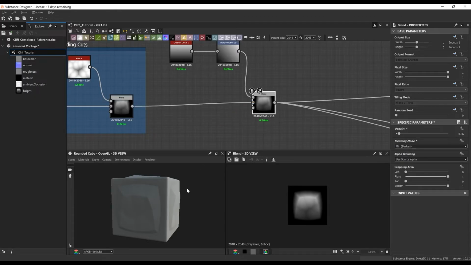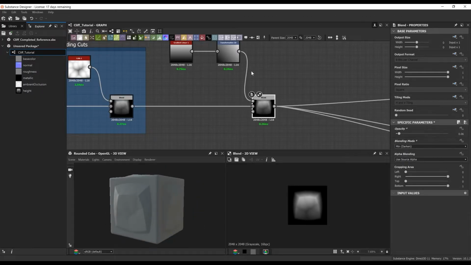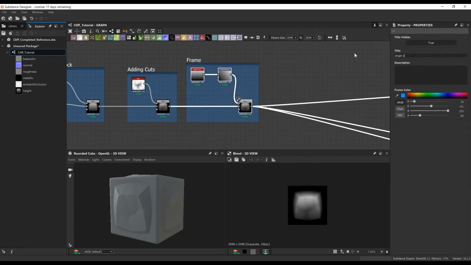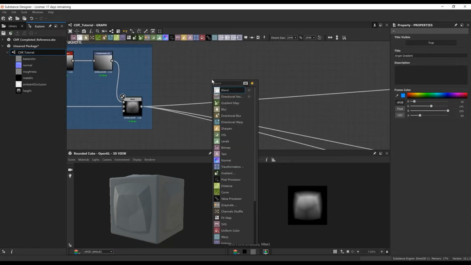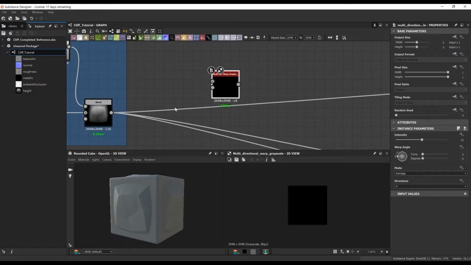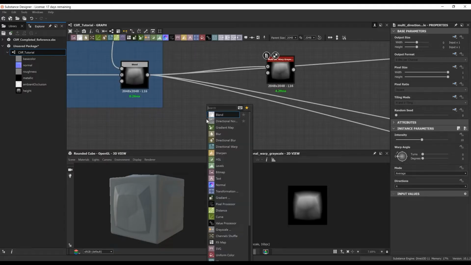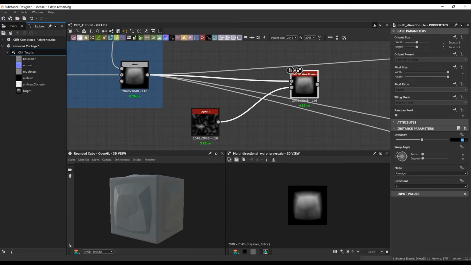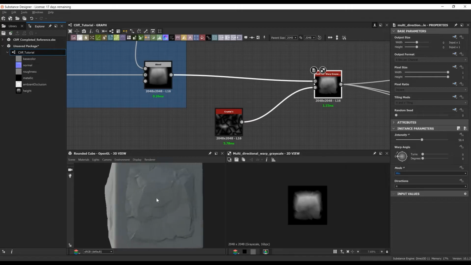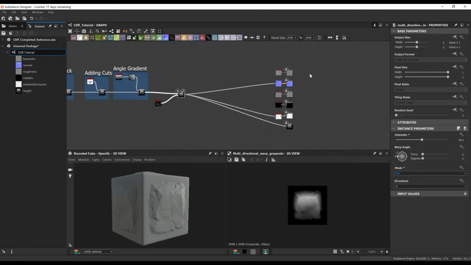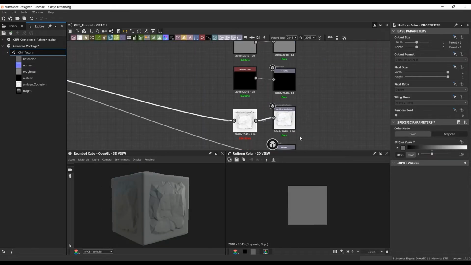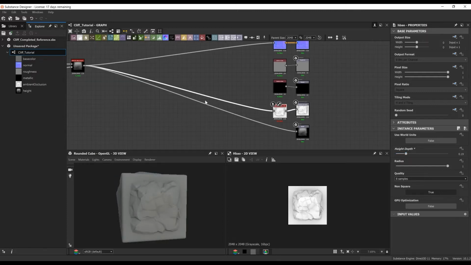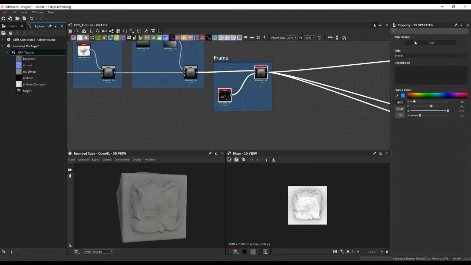When I'm going through all these steps, I basically want to make this rock shape have a lot of variety in it, because we're going to be duplicating it later on in the graph. I just want to have a bunch of certain aspects to this block. So next up, I'm breaking up the edges with the crystals and a multi-directional warp grayscale, setting it to a min and setting it to around 60, and it gives us this kind of result.